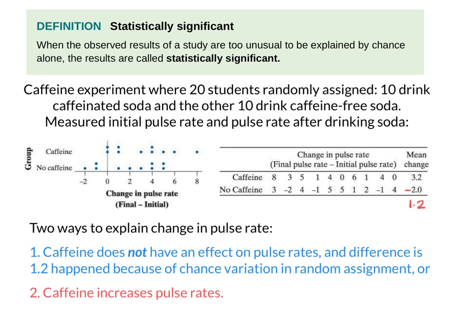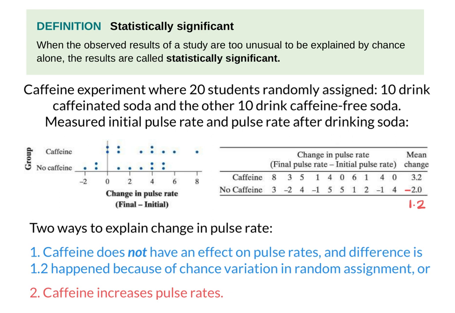So what we have here is a chart with the data of the change in pulse rate. So they took the final and subtracted it from the initial pulse rate. And so what you notice here is that we've got caffeine, and these are the differences in their pulse rate. It ranges from no change, so 0, up to 8 beats per minute more. So that means that the average change, if you wanted to calculate that, is about 3.2 beats per minute for